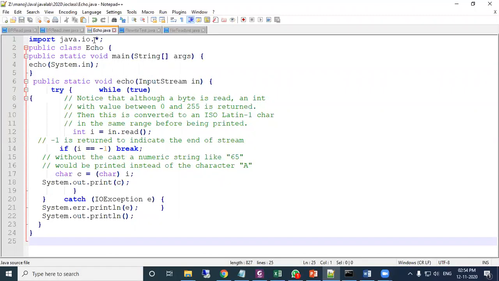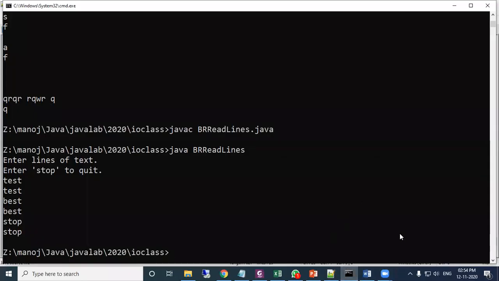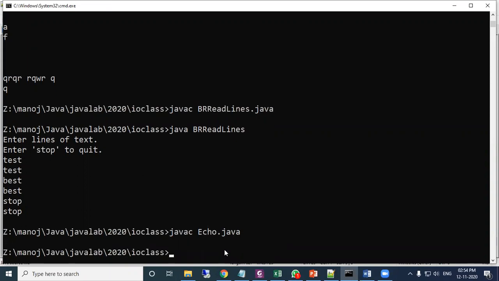Just see here, the program name is Echo.java. The Echo.java is compiled.